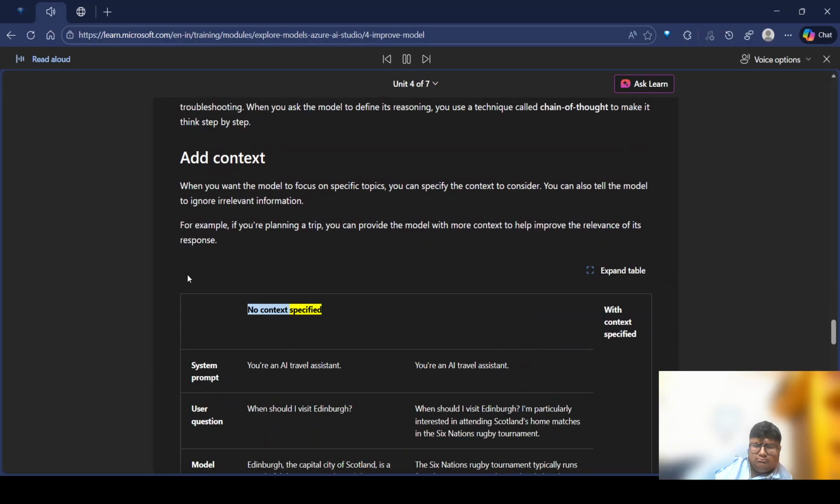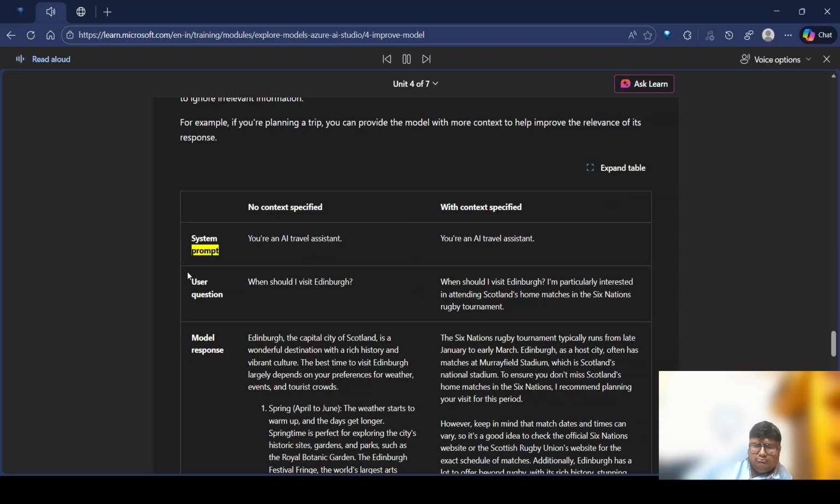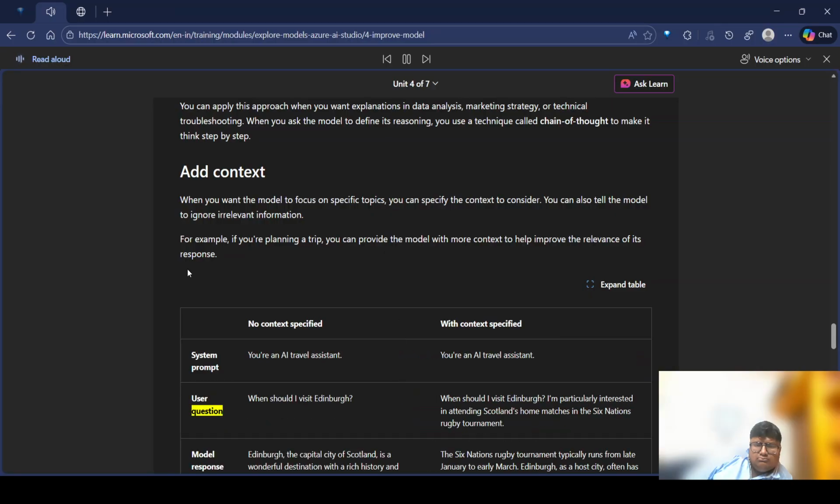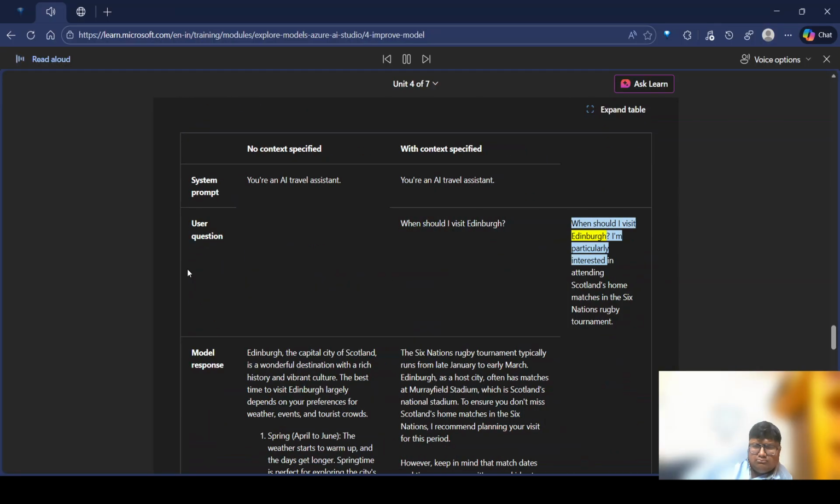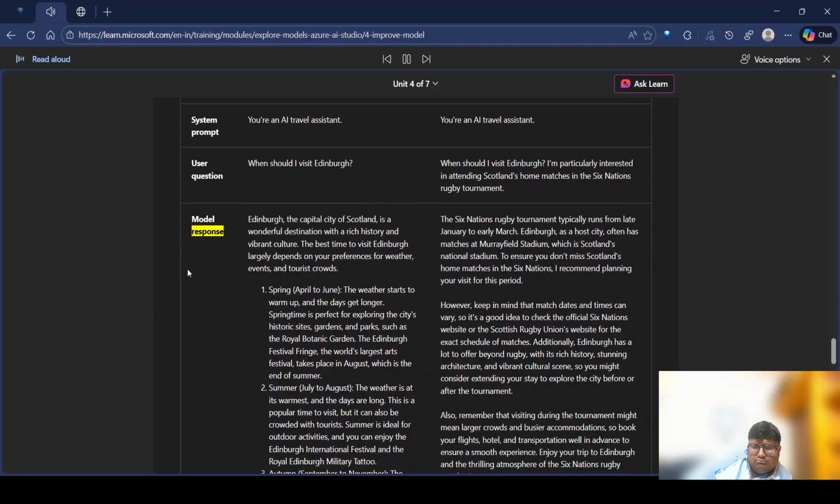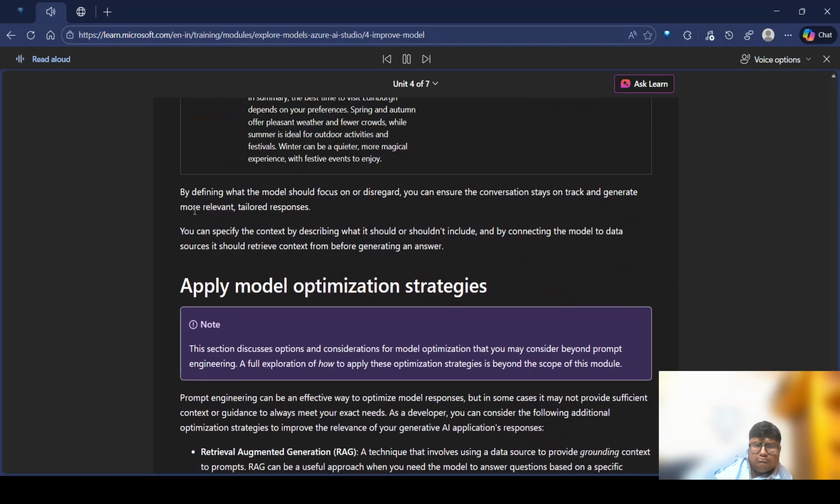No context specified. With context specified. A system prompt: You're an AI travel assistant. User question: When should I visit Edinburgh? When should I visit Edinburgh? I'm particularly interested in attending Scotland's home matches in the Six Nations rugby tournament. Model response: Edinburgh, the capital city of Scotland, is a wonderful destination with a rich history and